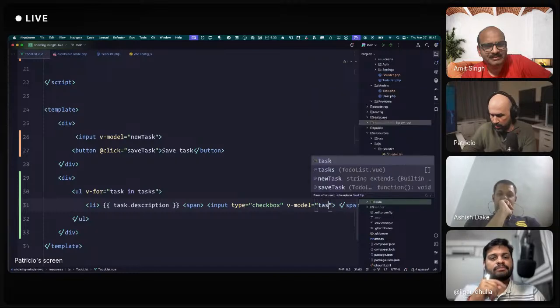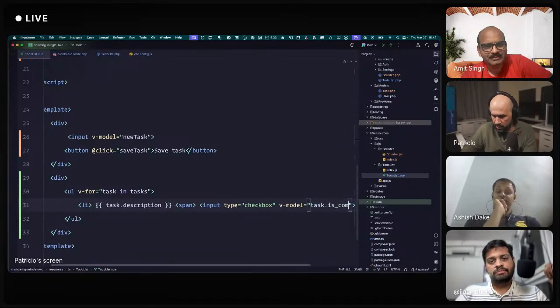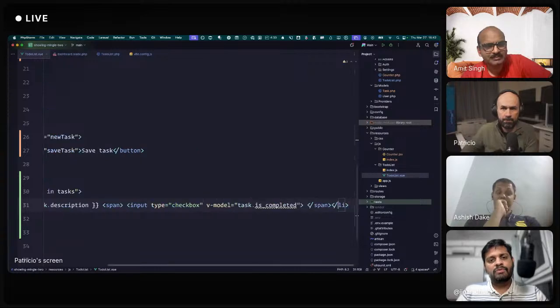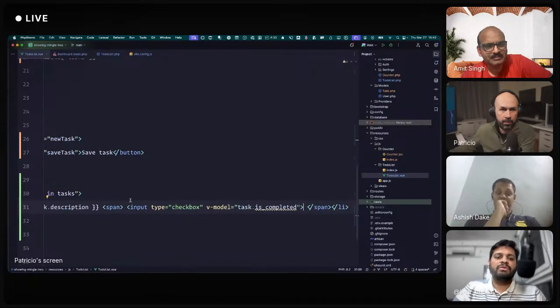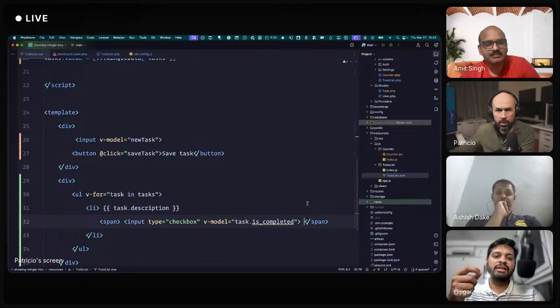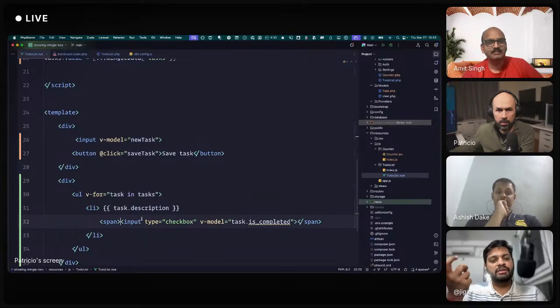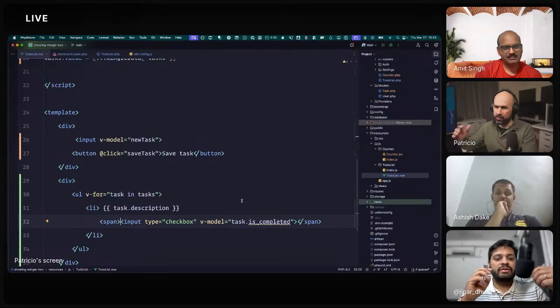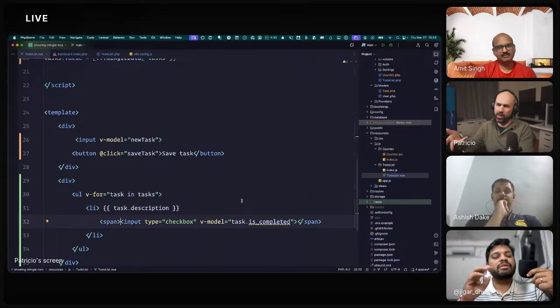So that would be task.is_completed. I thought that we will pass an ID to v-model, then we'll process that ID and mark it as incompleted. We can do it multiple ways. I just want to see a render now, and then we can fix it maybe.